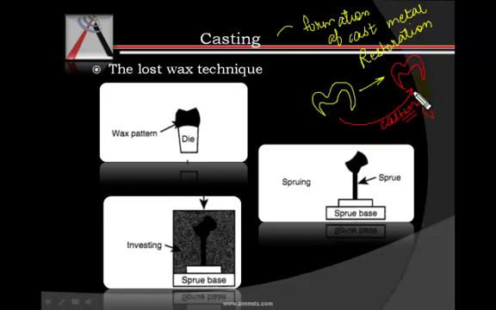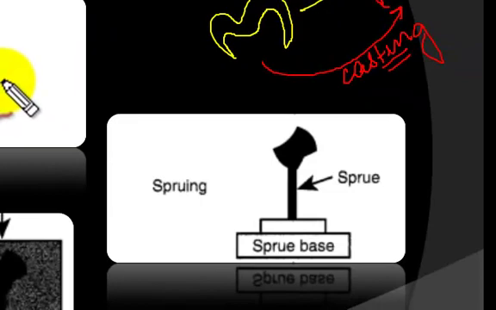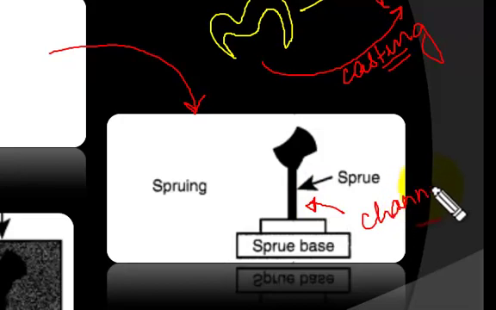The technique that is very commonly used for casting is the lost wax technique. Now these pictures will show us the process of casting. In the first picture we have a die on which a wax pattern has been prepared. This die is a positive replica of the tooth, a model on which we prepare our wax pattern. After we have our wax pattern ready, in the next step we connect a sprue to it. The sprue is nothing but a channel which we will be using for flowing the metal inside the cavity that will be created there.